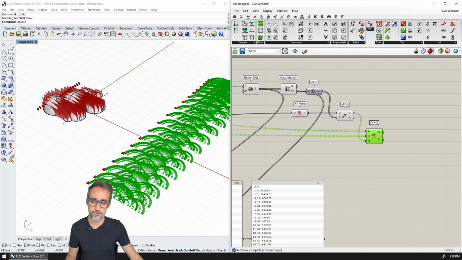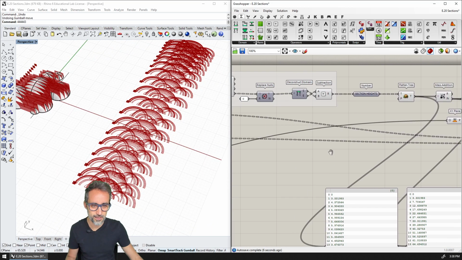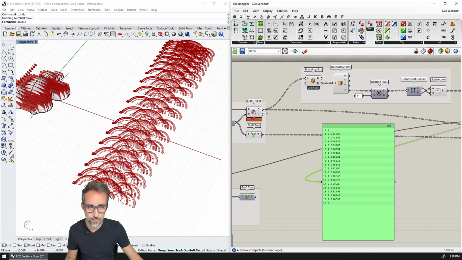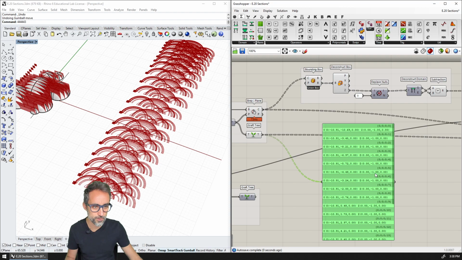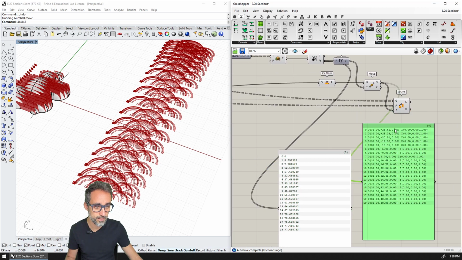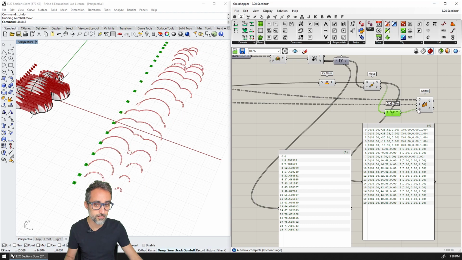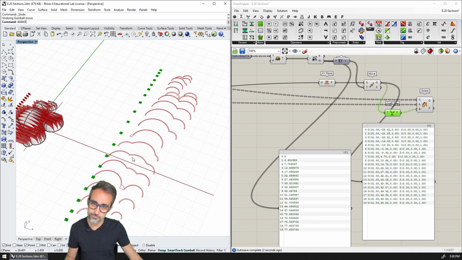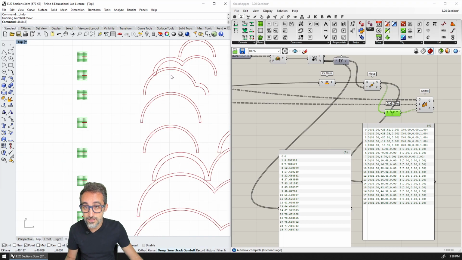And you can see that I have something weird, a lot of problems here, and that is because if we look at the structure, remember these are all grafted, but the data that I have here is flattened. So I need to graft that data and feed it in here, grafted. Okay? And you can see that it's already working,